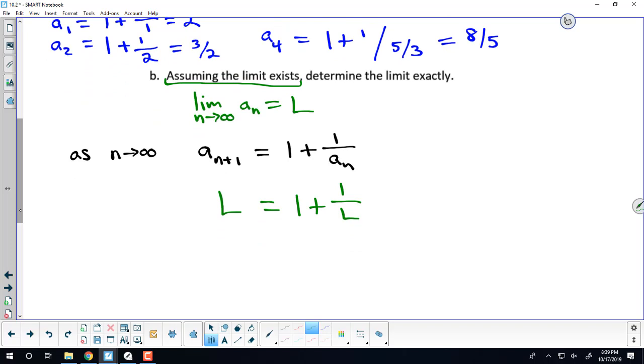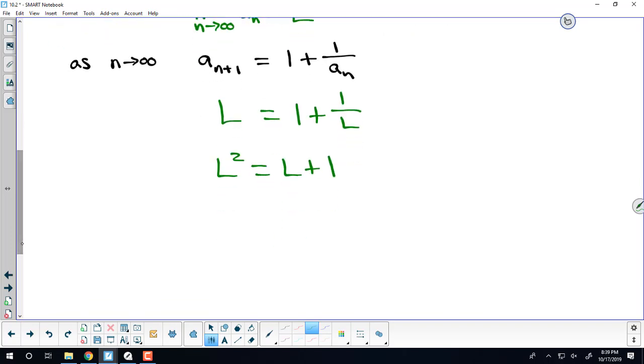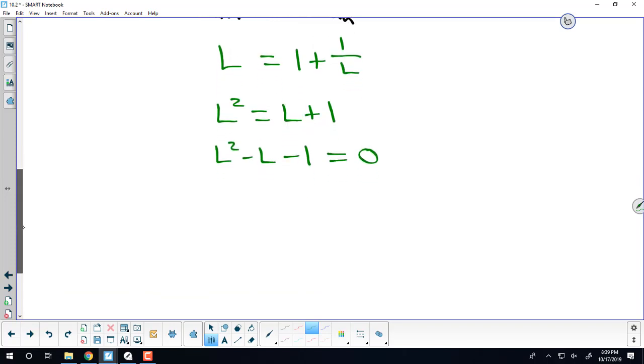Okay. Solving for L, multiply through by L, we have L squared equals L plus 1, or L squared minus L minus 1 is equal to 0, which is quadratic. So we use the quadratic formula to solve for L. What would you factor? You can't, because if you factor an L out, you'll have L times something equal to 1, and there are infinitely many choices for that. So the quadratic formula,